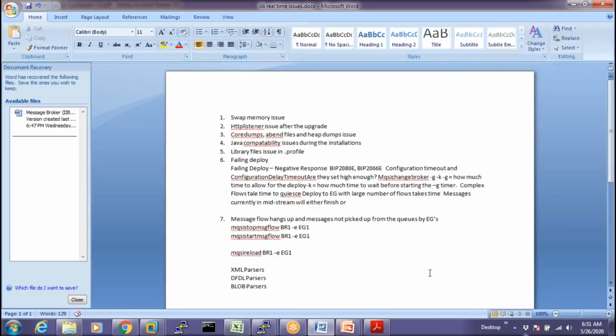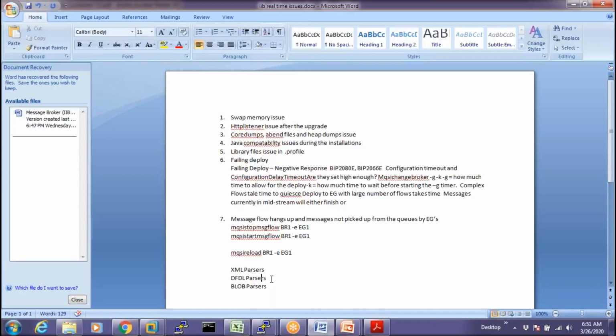These are the parsers which will be used by the developers. For example, if the applications are going to use XML messages, then you have to use the XML parser. That is the standard format. The message parser is already there; we simply associate it with what kind of data we have.